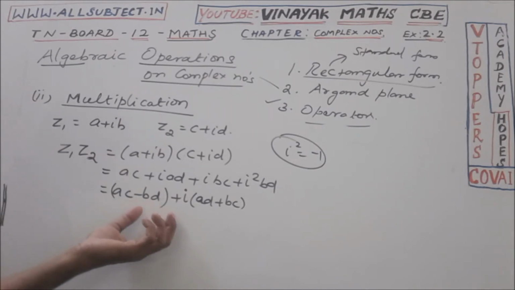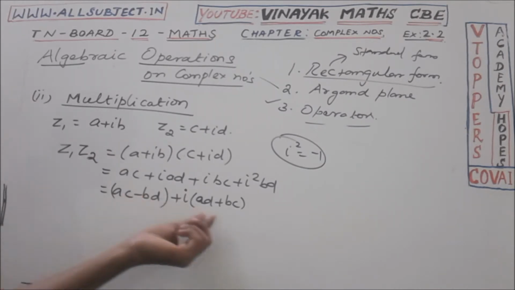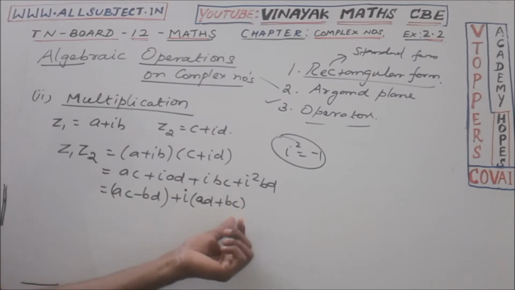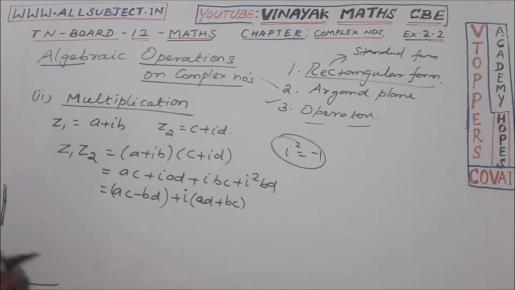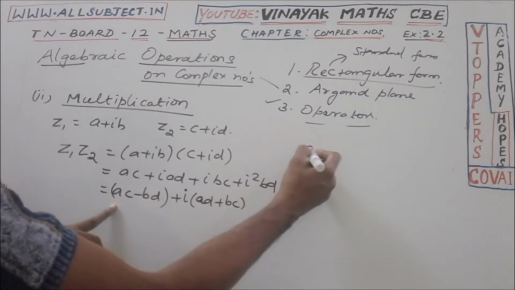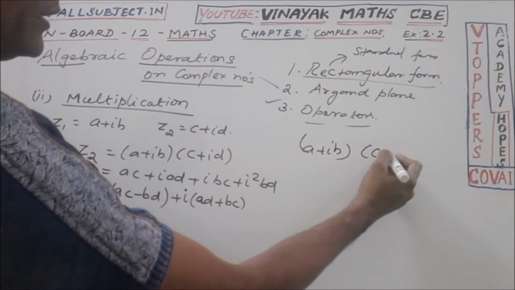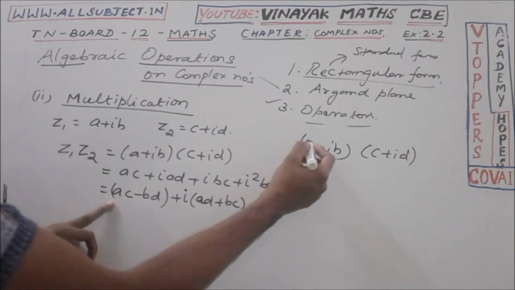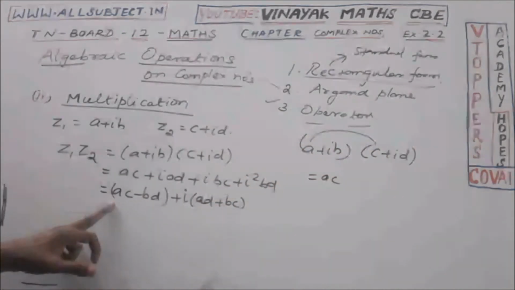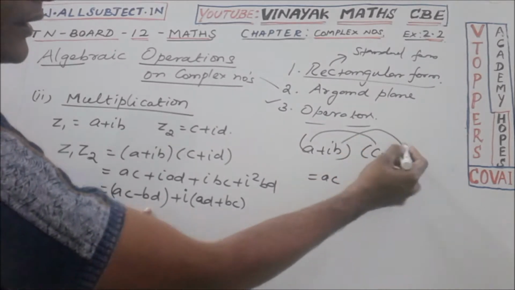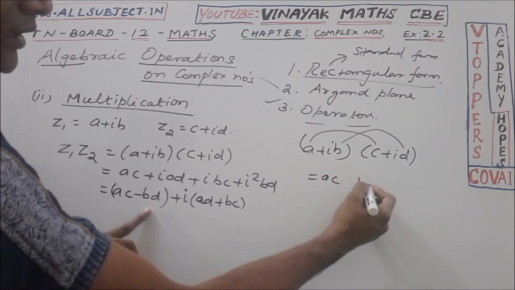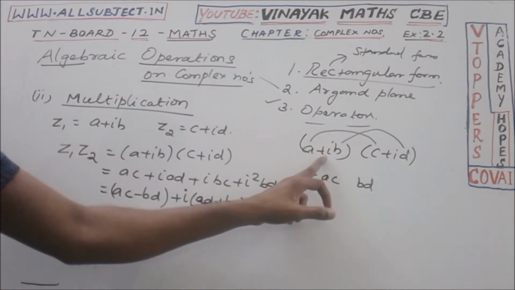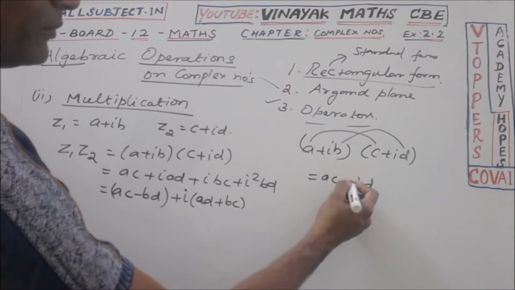It is in the rectangular form. This is the real part, and the term including I is taken as the imaginary part. So you can do this very carefully. In a short form we can do this. Listen carefully here. Look at these two: A plus IB into C plus ID, the product is taken. First of all we have AC, A into C, and then the product of IB into ID, when we multiply these two, I square is minus 1, so minus BD.